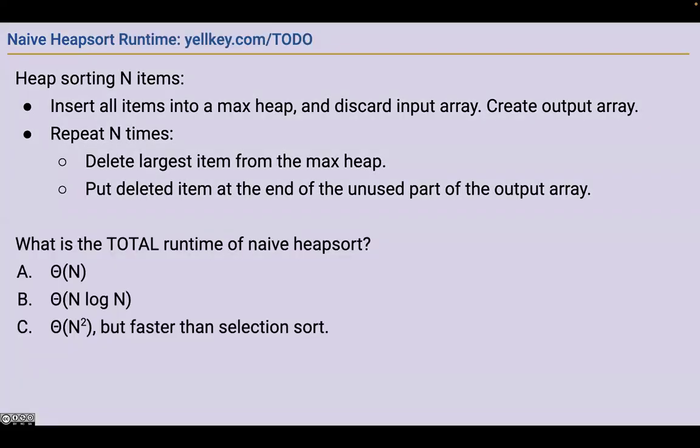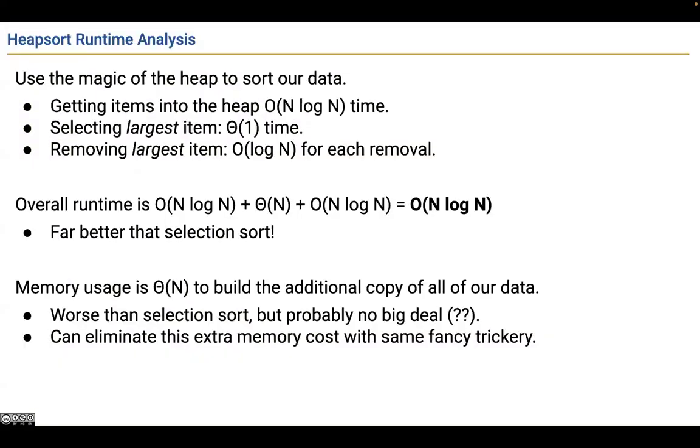So each delete takes log n time. So I have one step that's n log n. Then completely separately, I have another step that's n log n. So in total, I have to do one n log n step plus another n log n step. Then I sum them up, and I get a bound of n log n, which is, you'll notice, better than